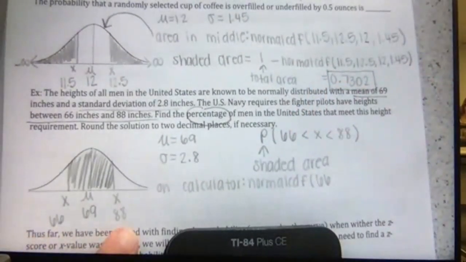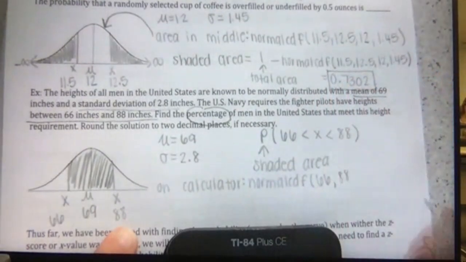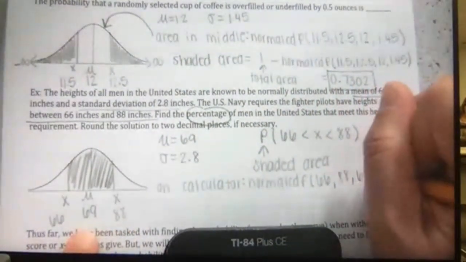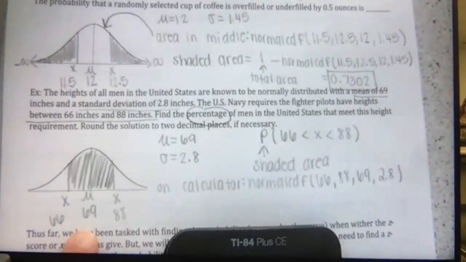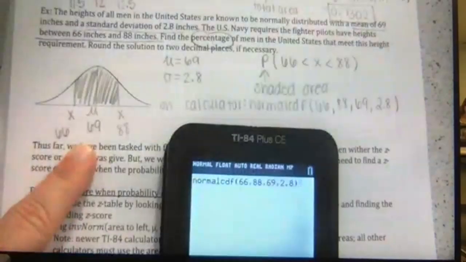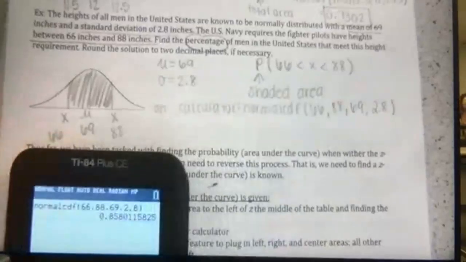Our upper limit's 88. Our mean in the middle is 69. And our standard deviation they give us is 2.8. Pressing paste, it should look exactly like we see it on our paper. And our answer is